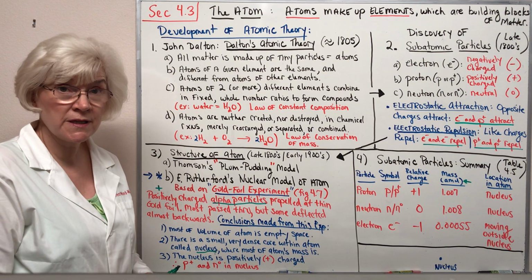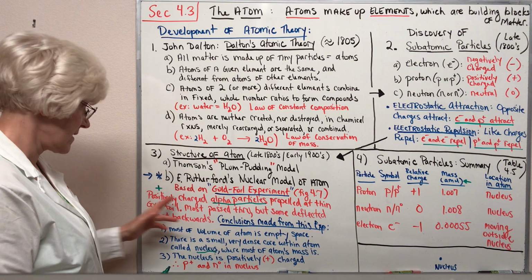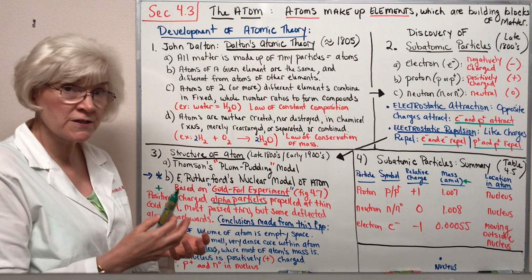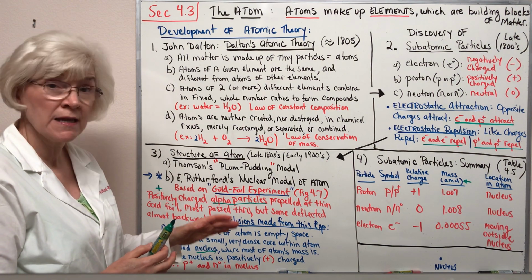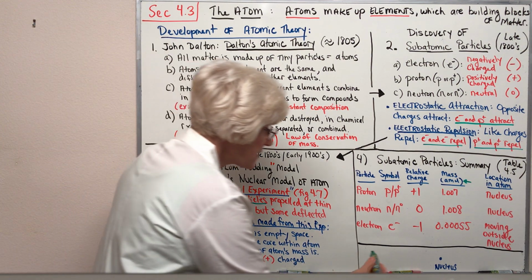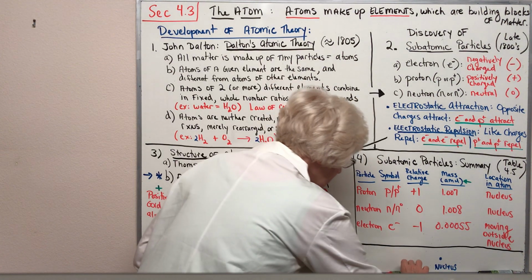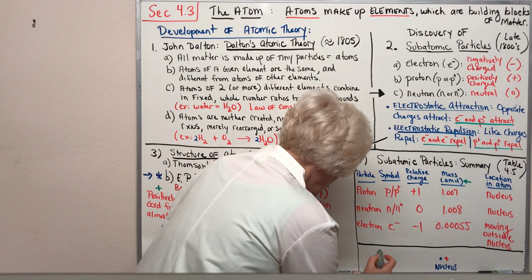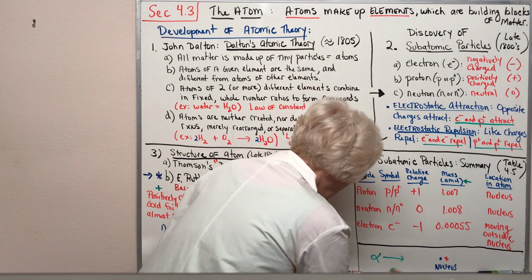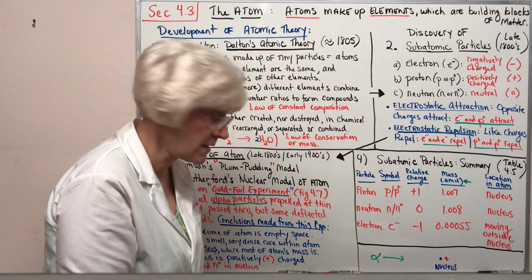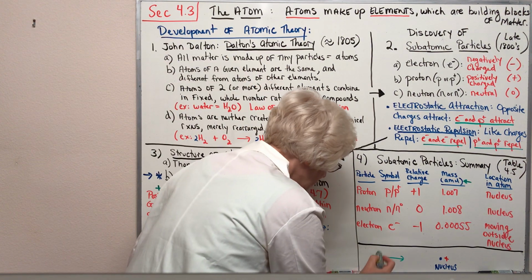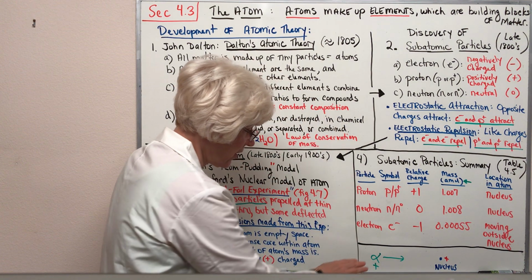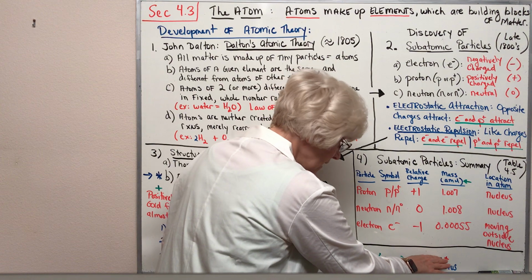How do we know that the nucleus is positively charged? Because alpha particles are positively charged. And what sort of force was experienced when alpha particles pass close to the nucleus? So coming over here, if the nucleus is positively charged, because that's where the protons are, and the alpha particles that you're shooting at the nucleus, and I'm using the Greek symbol for the letter alpha, first letter of the Greek alphabet, are positively charged, then as they approach the nucleus